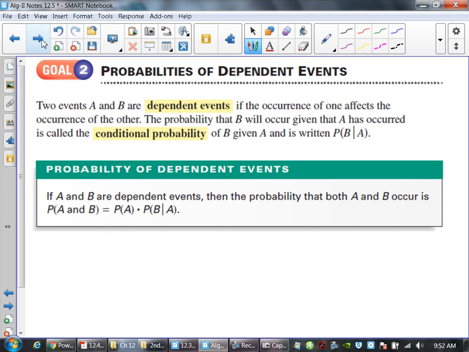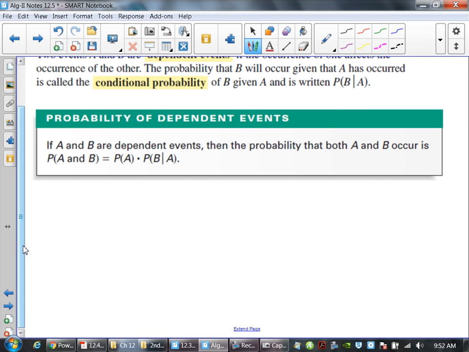Probability of a dependent event is when you're talking about the probability of one thing occurring and the next thing happening after that first one occurred. And this is our lottery problem. If you think about the lottery problem, the probability of, let's just say it's the